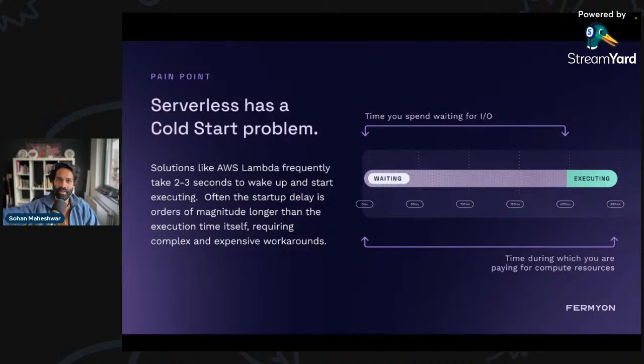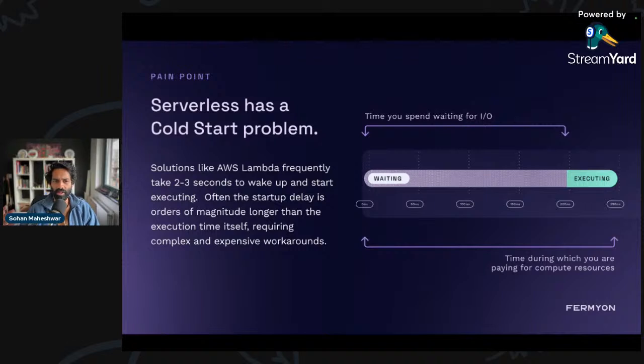So what this means is essentially a Lambda function, for instance, runs on something called a KVM or a Linux virtual machine, and these are running in the cloud. So when an event hits that particular function, it takes about 200 to 250 milliseconds for that function to get warm and then start and execute this particular program. Sometimes it can take even up to 2 to 3 seconds. And you as a user or a developer are actually paying for that entire time. So in a way, there is some compute resource that's being wasted because of this cold start problem.